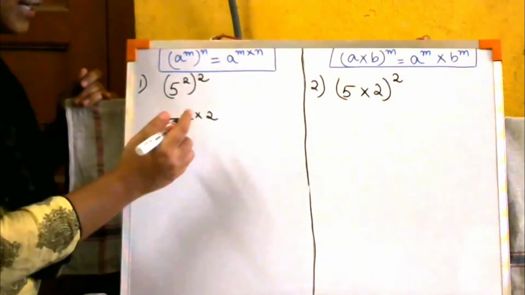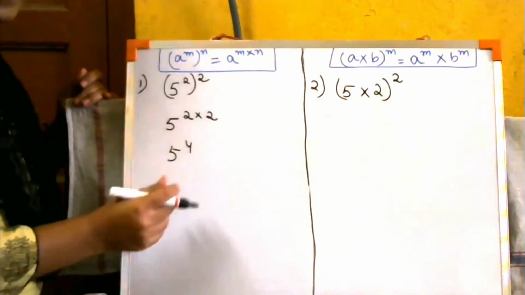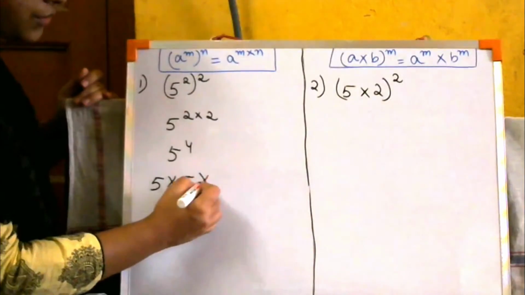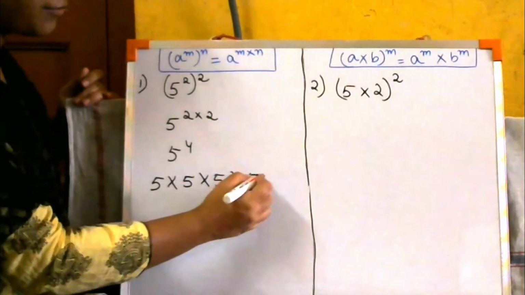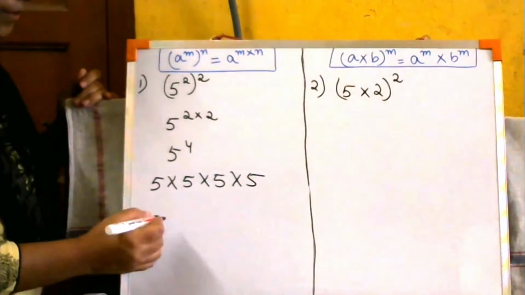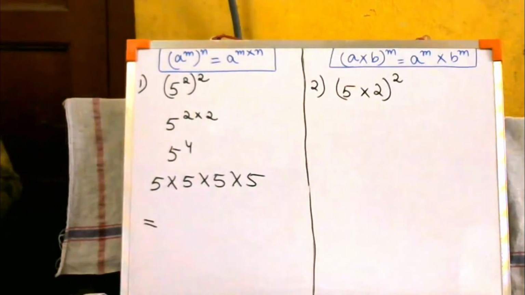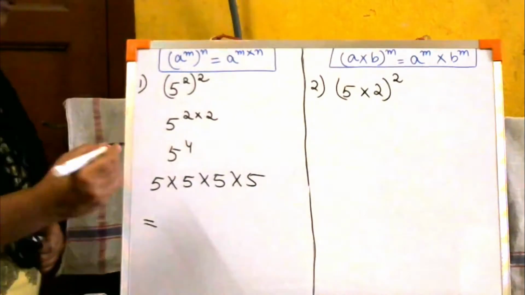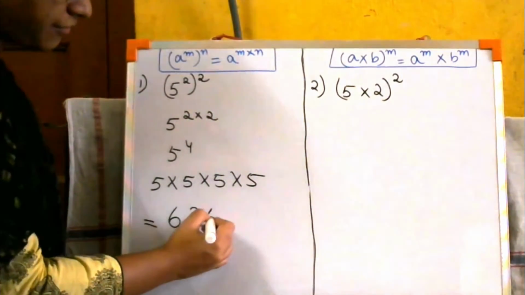Same thing. Okay, so 5 to the power 4 हुआ. So 5 to the power 4 मतलब कितना बार 5 रहेगा? 5 into 5 into 5 into 5, 4 times 5, isn't it? So 5 5s are 25, 25 5s are 125 and 125 5s are 625. So the answer is 625 over here.